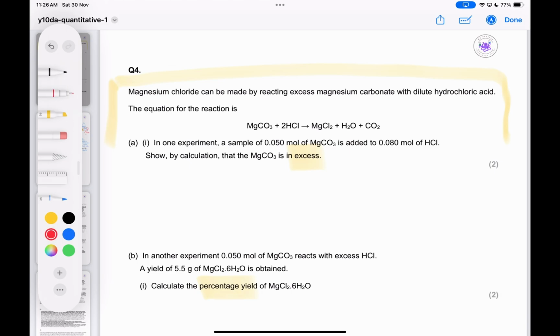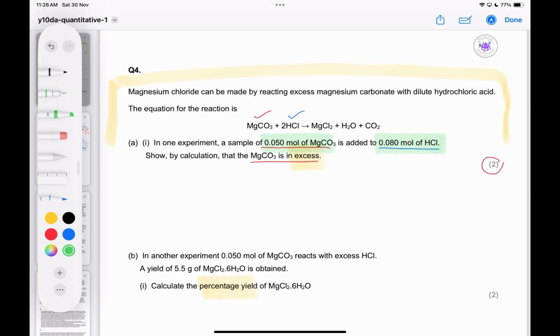Okay, so they tell us there's 0.05 mole of MgCO3, which is this, as well as 0.08 mole of HCl, and they want you to prove that MgCO3 is actually in excess. So I'm going to use everything in MgCO3 in red. Okay, so it's a 2-mark question. Don't overthink it. And the best part about this question is, they have actually given us moles,